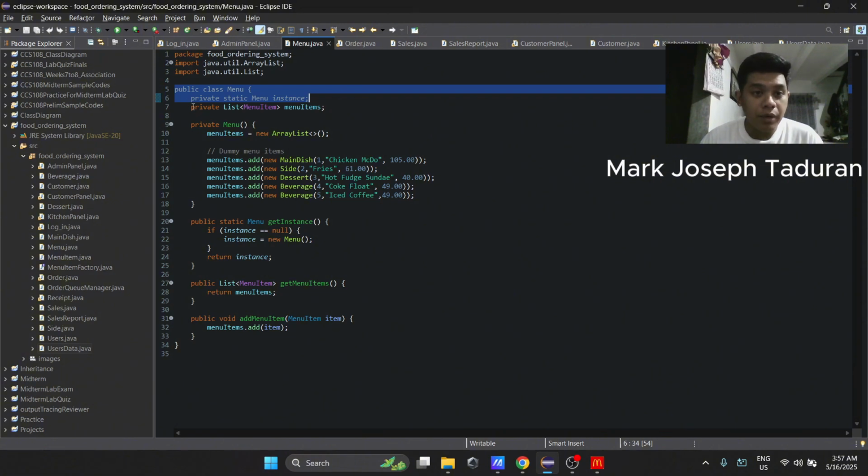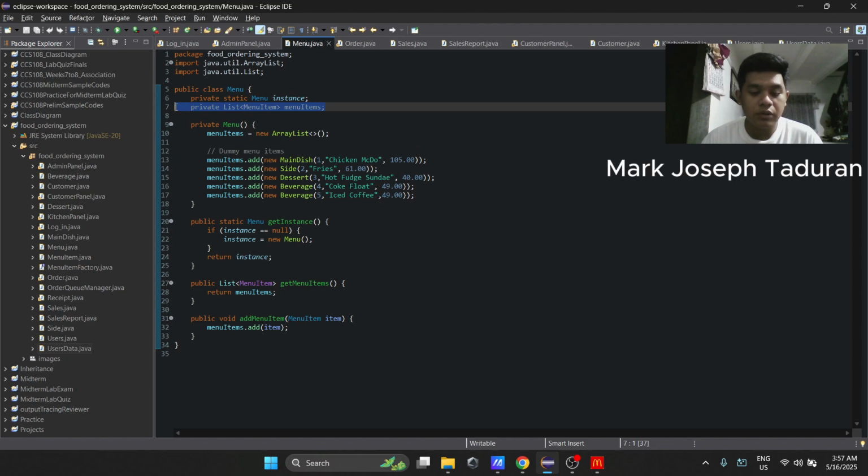Next, private List of MenuItem. This one we declare as a list that aggregates a bunch of menu items. Aggregation makes sense because a dish can exist even if it is banished from the menu during the test. Next line.